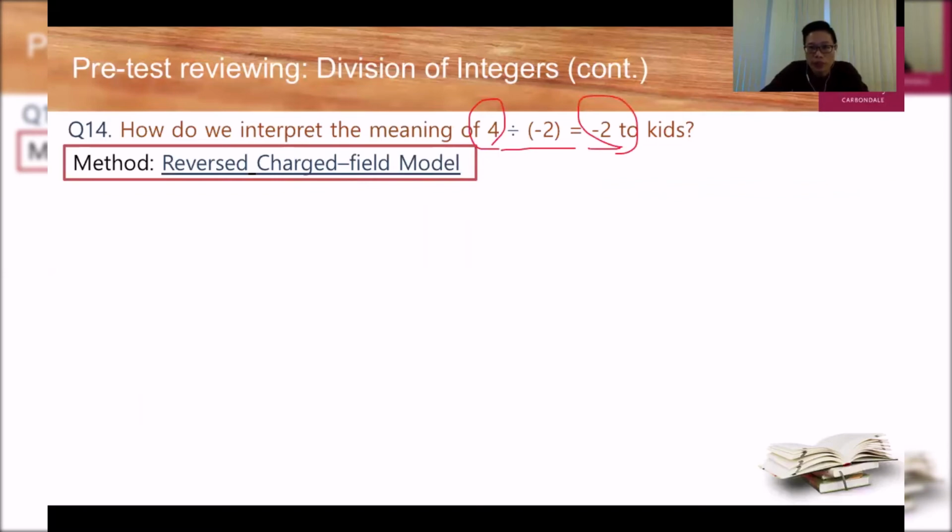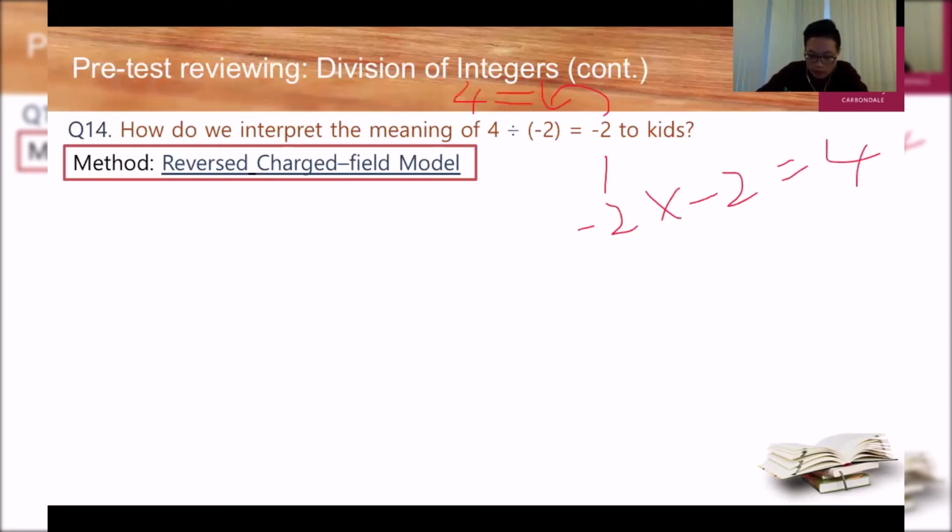It can be reversed as negative 2 times negative 2 is 4, right? Reverse. Okay, by this equation,